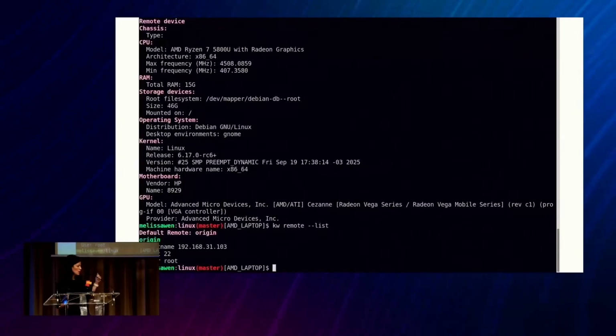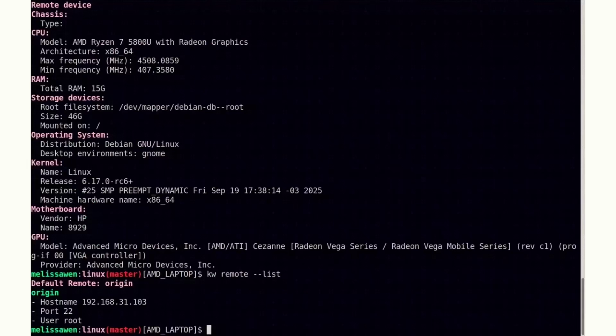It's AMD, the name of the kernel, the version, also the GPU, the model of the GPU, and other information. And I ran a kw remote list, so I can check what is the IP of the target machine, but I can also set that